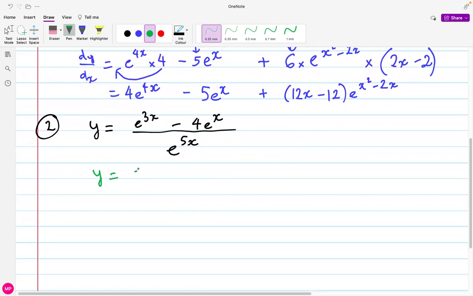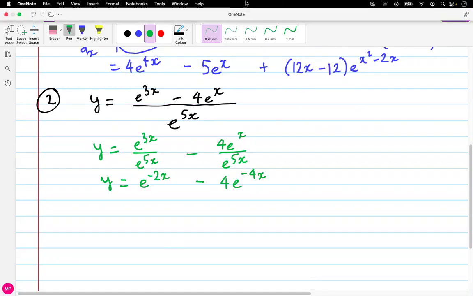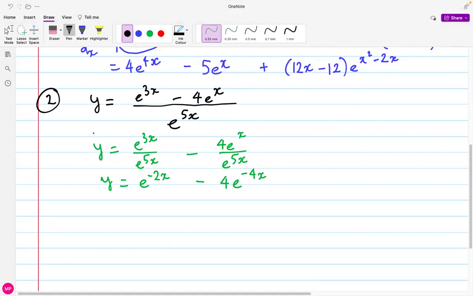So to separate them, I'm going to make them into two separate fractions, e^3x over e^5x, and then minus 4e^x over e^5x, like that. Then I'm going to simplify that, which is e^3x over e^5x: 3x minus 5x is negative 2x, minus 4 e^x over e^5x: x minus 5x is negative 4x. There you go. So you put them into individual terms, and then your next step is you are ready to